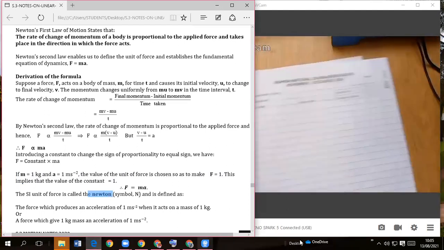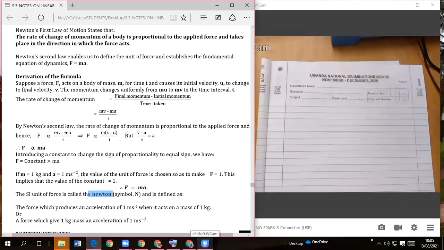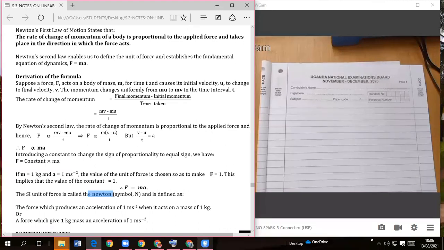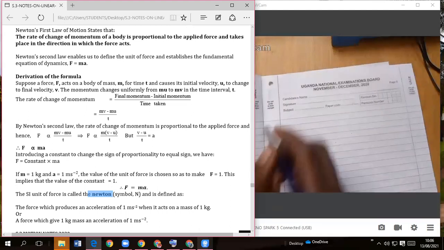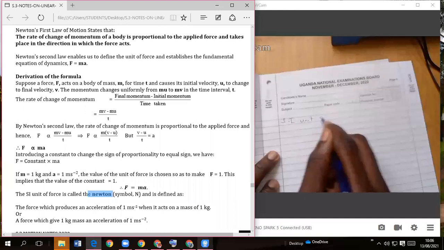Newton. Then there's one thing I need to remind you. When you are writing an SI unit, and the unit is got from the name of a person, you write that word in small letters. So if you are writing newton as the SI unit of force,